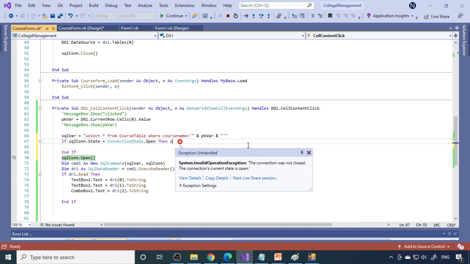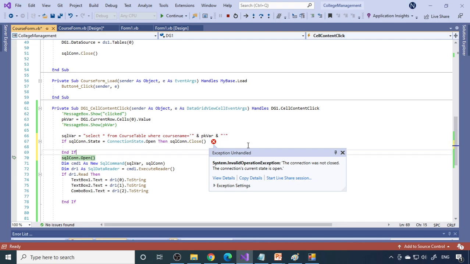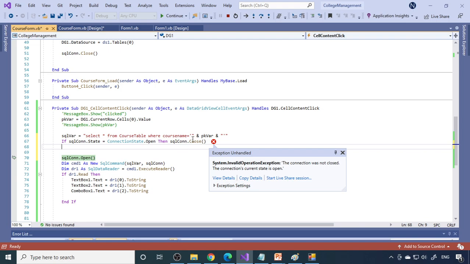We want to close the SQL connection: SQL connection dot Close. Now this End If is not required because we wrote it on the same line. When you have an If statement with only one statement, you can write it in the same line.